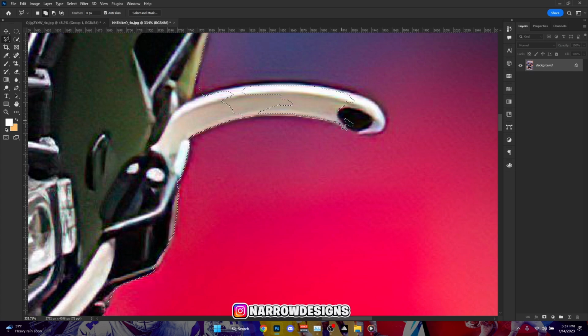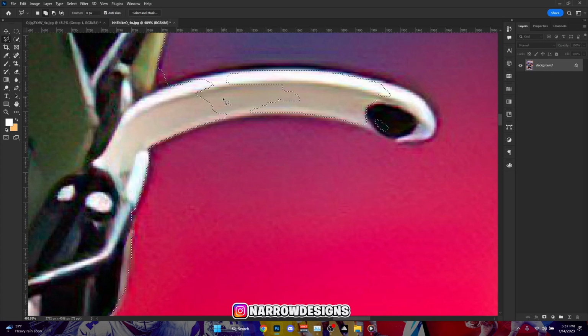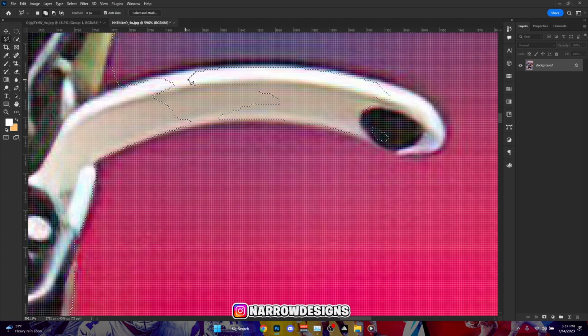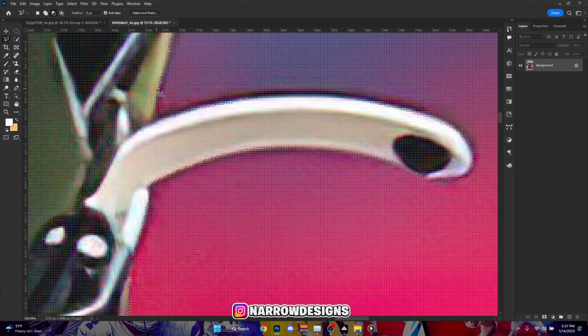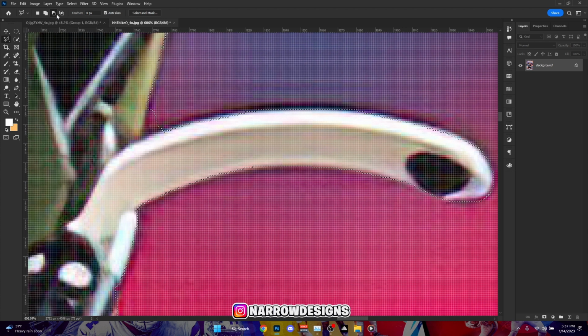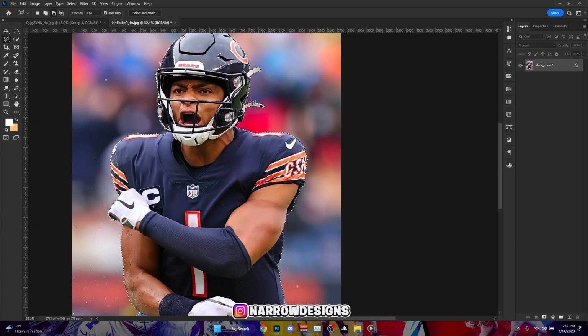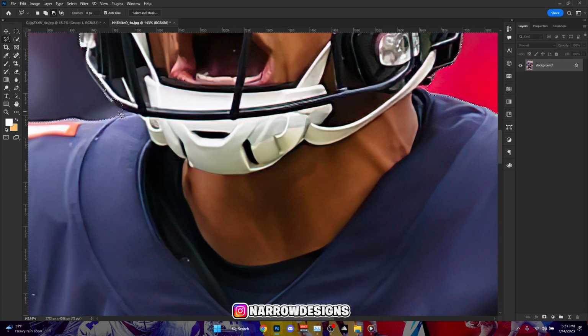it to your selection. So as you can see, this part right here is not part of the selection, so we're gonna add it to our selection right here. So we're gonna go around and make our selection, and the one square with the outline square is to remove stuff that you don't want in the selection. So we're just going to remove that,